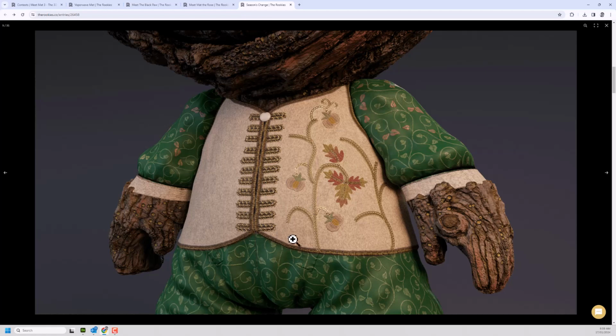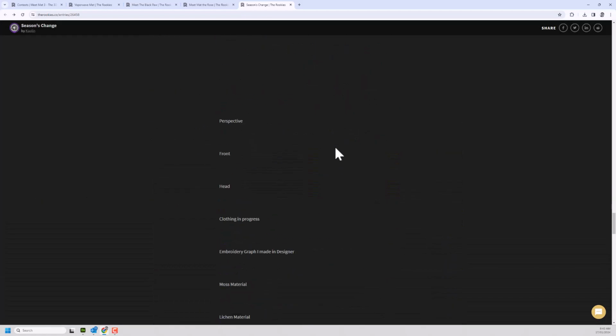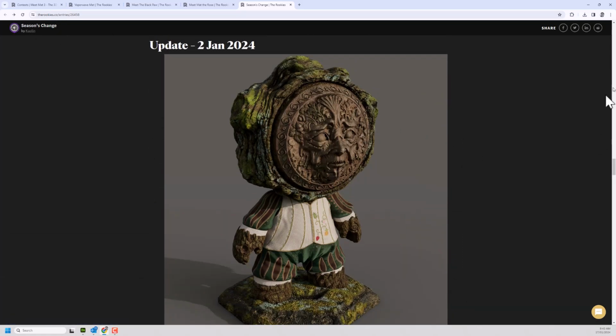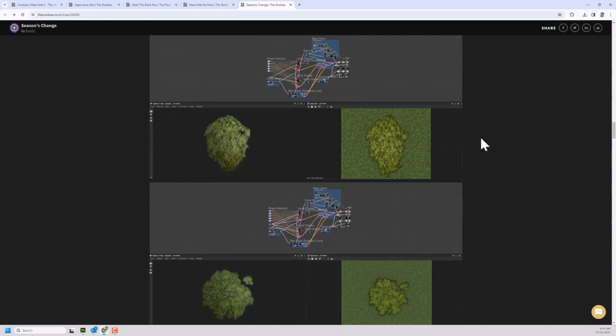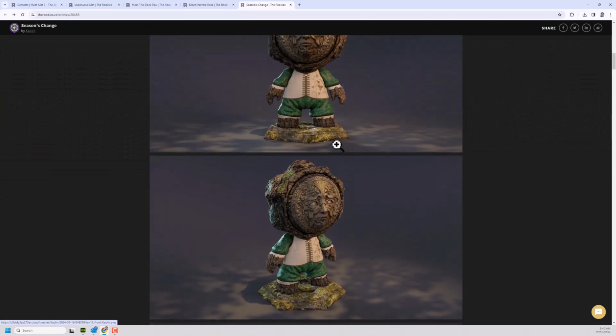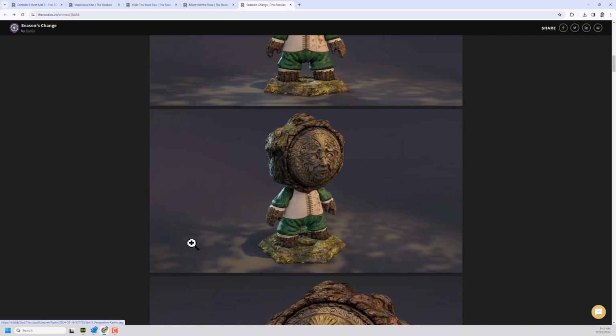Yeah, and sort of changing the leaves on the brocade. Yeah, brilliant. I love this detail here. It's really nice. Jumped around a little bit. Oh, shot down the bottom. Yeah, I think you're on the right track. You've just got to get finished now. I think the final presentation with the renders is a nice touch. Just maybe a little bit less subtle, and maybe just